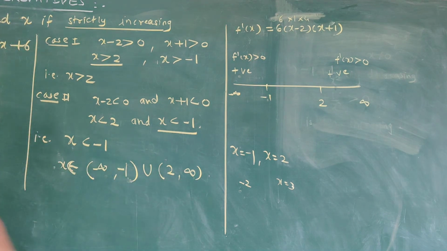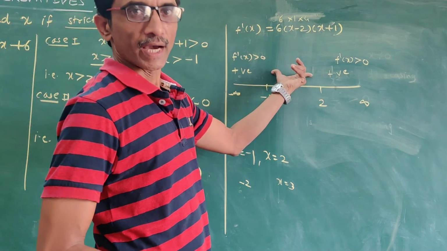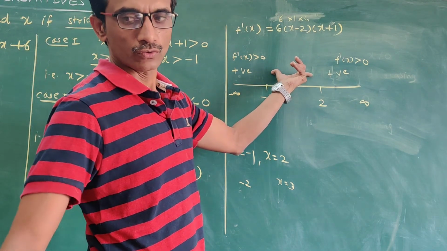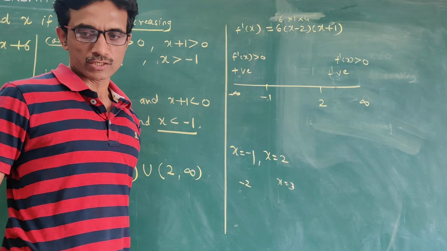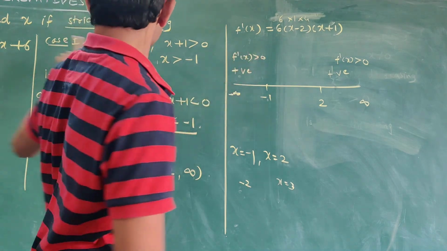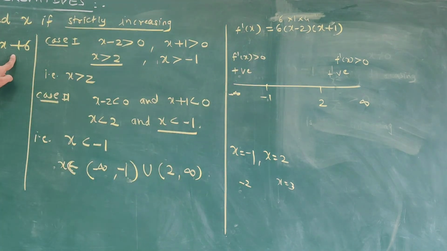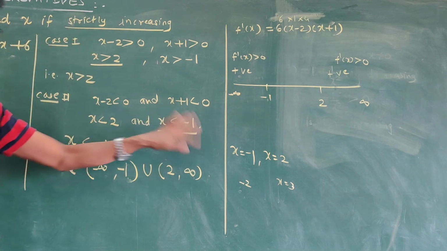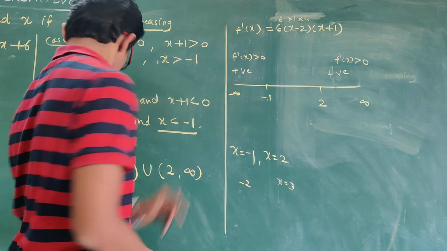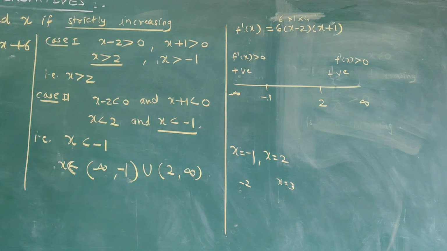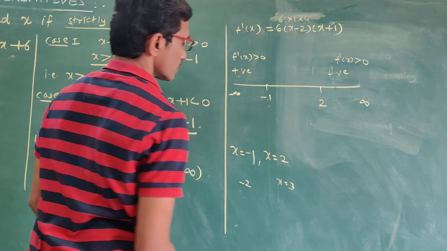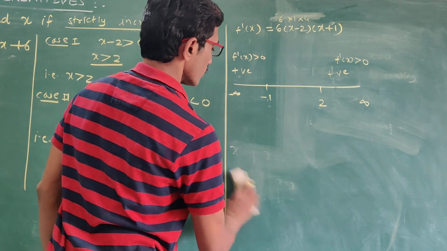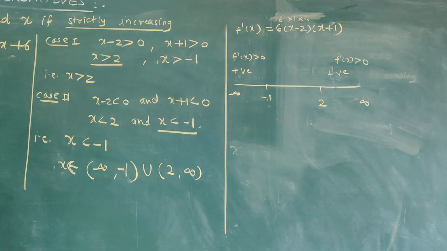Now let's see what happened in this interval, -1 to 2, क्योंकि नेक्स्ट क्वेश्चन में वेरी फर्स्ट क्वेश्चन इज द सेम क्वेश्चन बट फॉर डिक्रीजिंग वी हैव टू फाइंड, इसलिए हम यहाँ पे कर सकते हो. So for decreasing we have to find. So what happens in the interval -1 to 2. -1 और 2 के बीच में समझो पॉइंट लेते हैं हम.